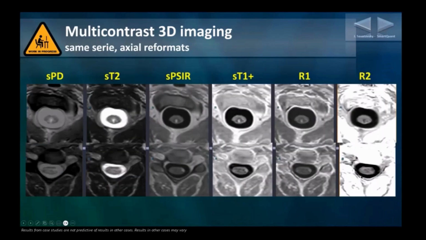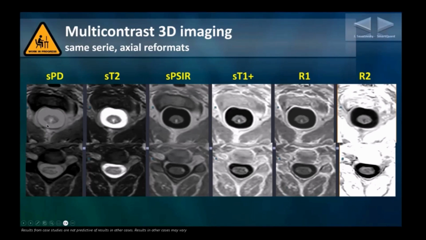And the nice thing about this sequence is that as it's 3D, you can also reformat it in any plane, and I can retrospectively choose the level to do my actual slices. I don't need to order the technician any additional sequences,